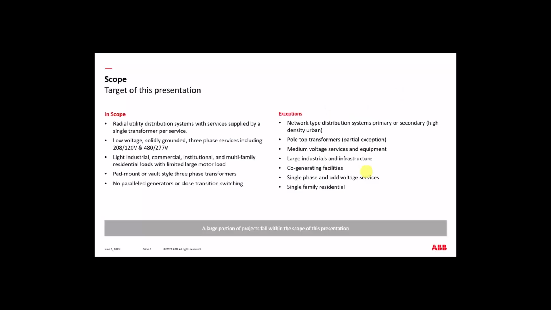Okay, so here's the scope of the presentation. This really applies only to radial distribution with a single transformer. The good news is that in my world in Florida, that covers about 98% of all the services. In other words, you have a radial distribution feeder coming out of a substation. It serves a street. There may be a couple of lateral taps off of it, and then it drops into a transformer. No networking,